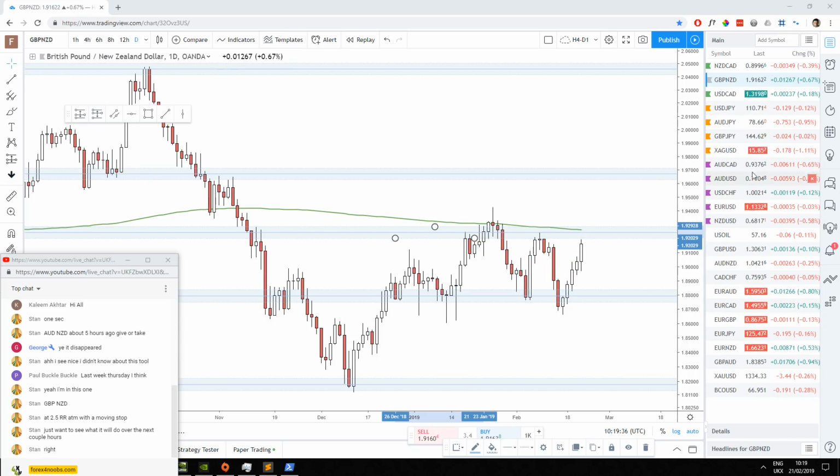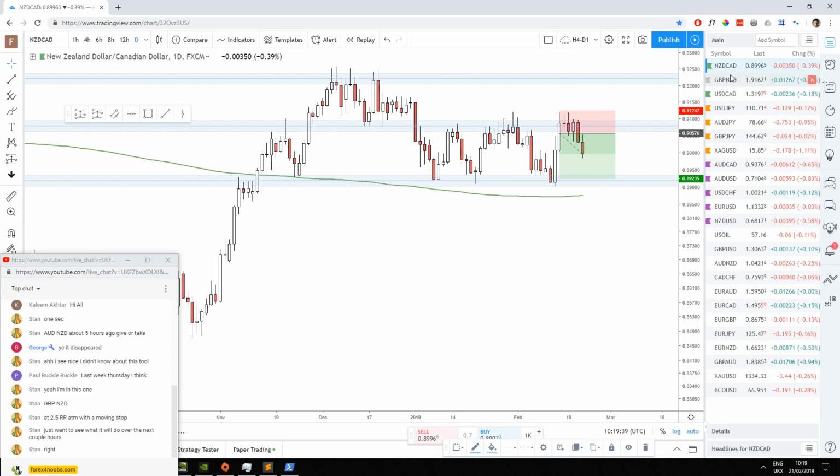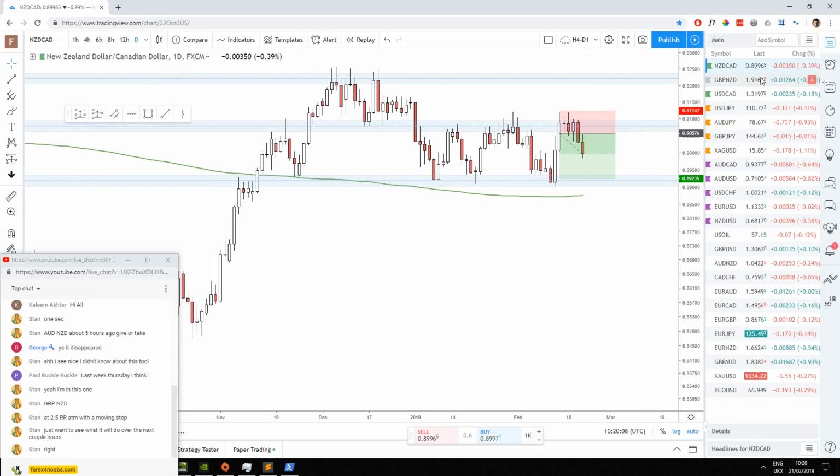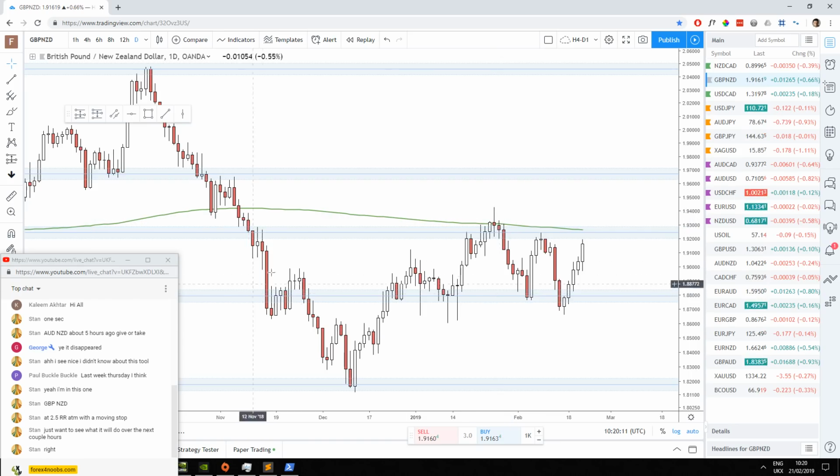Also, what I was just talking about on New Zealand CAD in terms of ranges, remember, that's what's happening here right now. We're getting a range. A range is forming, and this range has officially been confirmed with this bounce here. I was saying with ranges, 2 bounces from the bottom, 2 bounces from the top. Now we've got those 2 top bounces and those 2 bottom bounces, so we can confirm this as a range. Price is nearing the top of that range. It's not as clean and clearly defined a range as New Zealand CAD, because this bounce is quite high on the range, but it is a range and